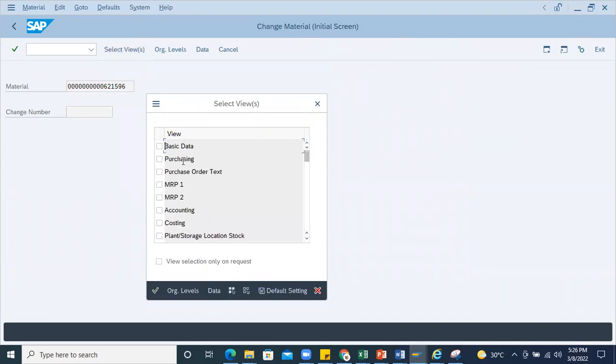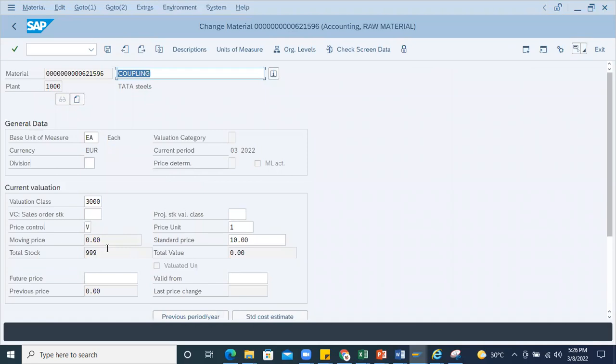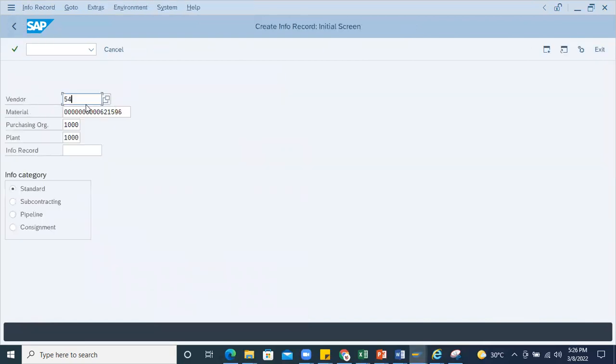Someone changed this layout, I will fix it at the end. 1000, I'm not giving any valuation type here. I can see that this is not moving price, somewhere I can see the standard price is there. So I can't maintain it now, because the total stock of 999 is already received. I can't change the price now after receiving the stock. So better I will take another material,